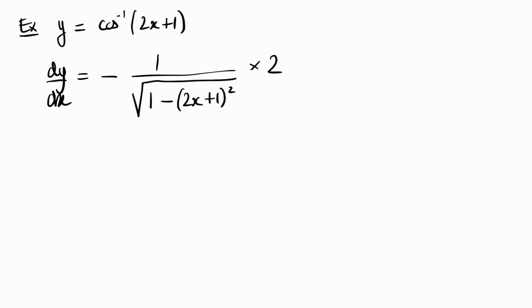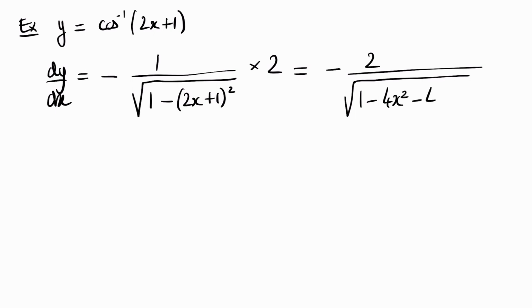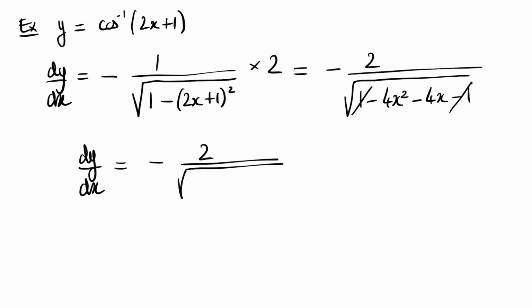And we could maybe simplify that a little bit, can we? Yes. Minus 2 over root of 1 minus 4x squared minus 4x minus 1. Okay, yes, indeed. So that's dy over dx is equal to minus 2 over root of